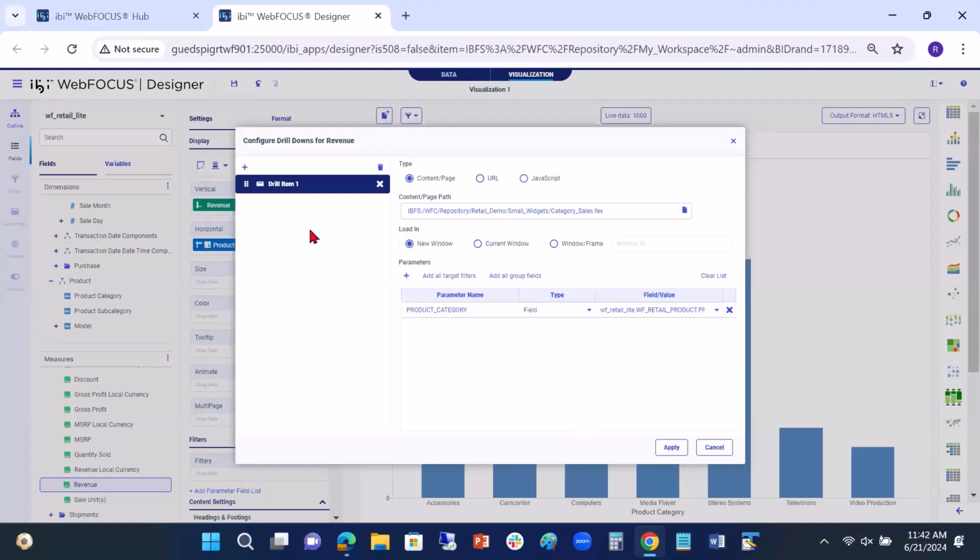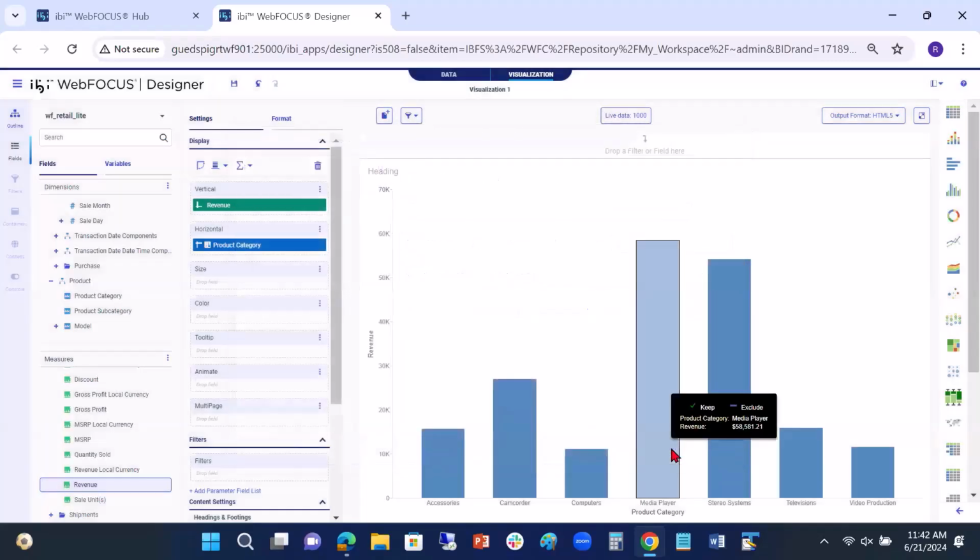Now, you notice because I completed everything, you don't have that little red icon with the exclamation point anymore, and I have the apply button available to me. So I'm going to click apply. Right now, that drill down is available, but it is only activated, or truly available, at runtime. So if I actually run this in a new window,